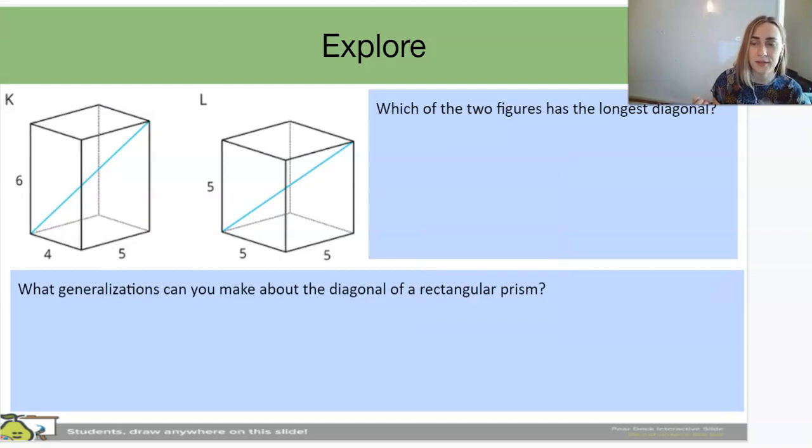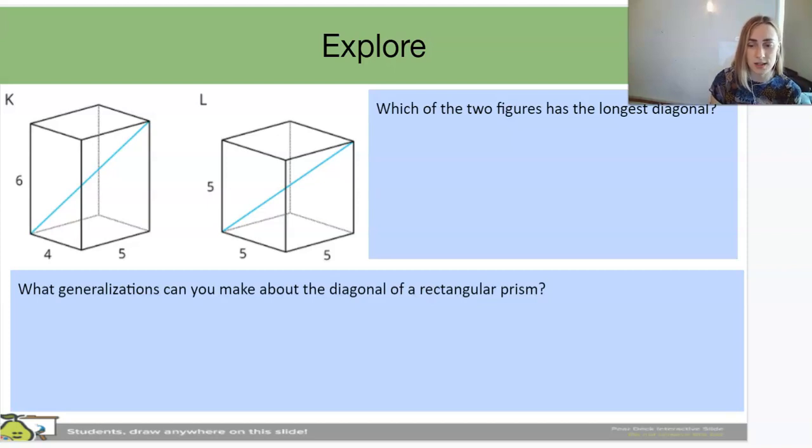So now we have prism K and prism L in the same place again. And we're going back to that question of which of the two figures has the longest diagonal. But now, hopefully, based on your thinking and your calculations, you have more justification for which diagonal has the longer length. So based on your point that you're going to make in the top rectangle about which of the two figures has the longest diagonal with the new evidence that you've gathered, once you've paused and explained that clearly,